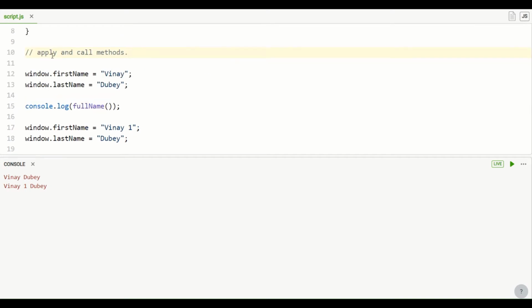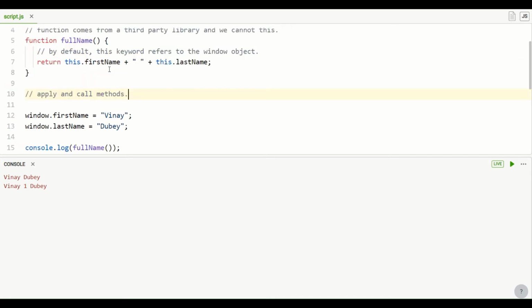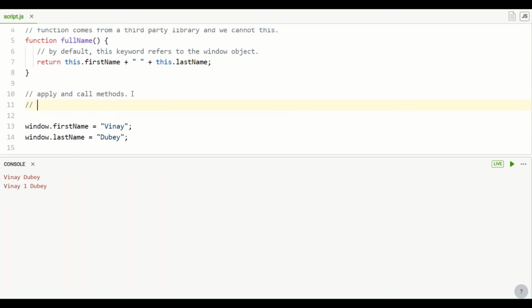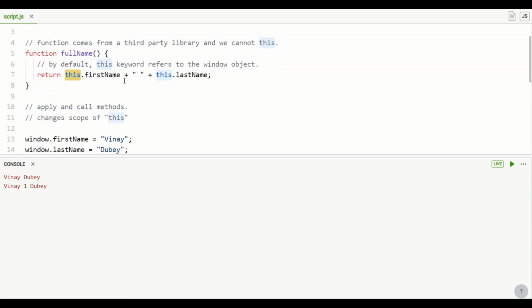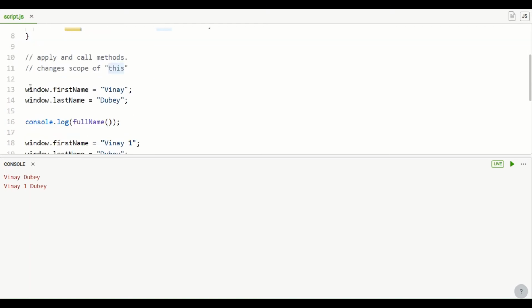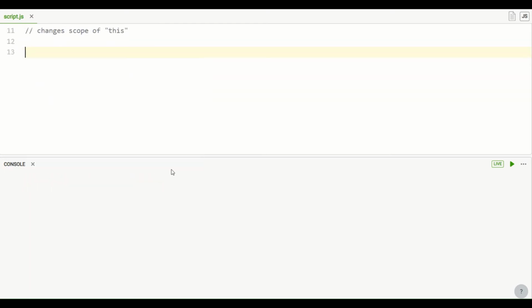and these apply and call methods, they change the scope of this keyword here. So it changes the scope of this keyword. So basically what we want to do here is we want to point this to an object other than the default window object. So I'll get rid of this function, in fact everything here,